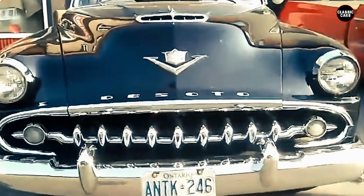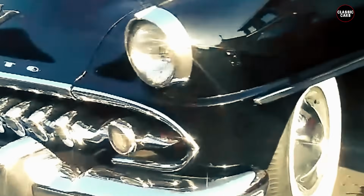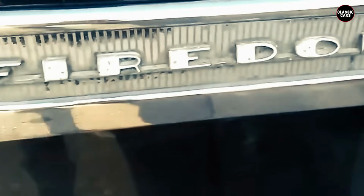The car's weight, especially the rear-heavy design, exacerbated the issue, causing the Firedome to exhibit extreme body roll. On tight corners or high-speed maneuvers, the car would sway and tilt in ways that made it difficult, if not outright dangerous, to control. The heavy front end, with its massive engine and bodywork, contributed to a lack of balance, leading to the car feeling unstable, particularly at higher speeds. The suspension's inability to manage the car's power made driving the Firedome a stressful experience, as the car constantly threatened